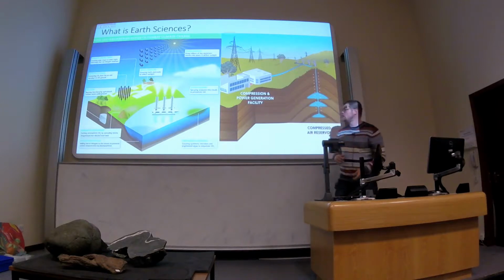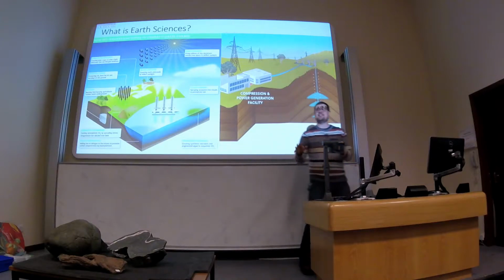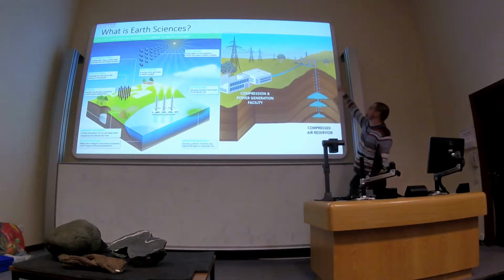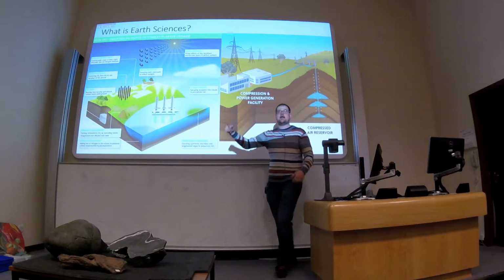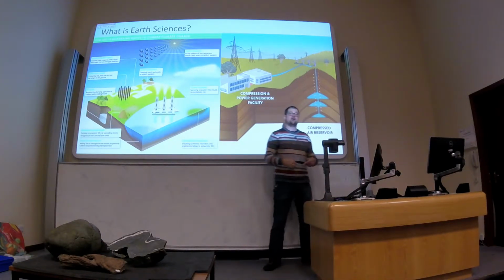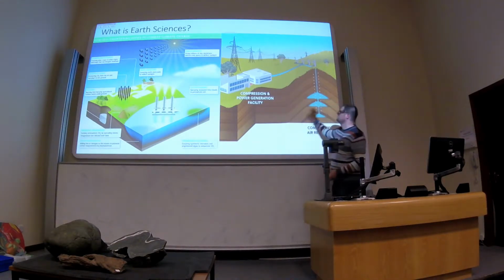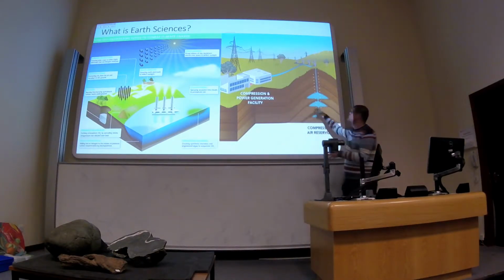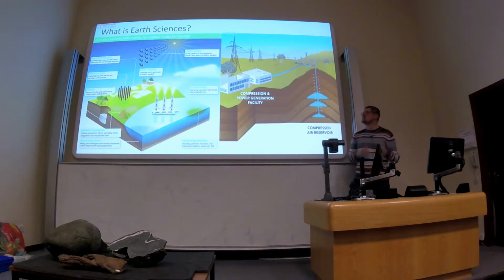So one of the solutions that we're looking at is to use the ground and compress air into it. It's a little bit like fracking, which you might have heard of. We just store compressed air in the ground, and then when the wind stops blowing, we let that air back out of the ground, and that compressed air can power a turbine, so we can get some of that energy back. So this is a geological solution to a renewable energy problem. And this has all kinds of problems with it in terms of how much of this stuff leaks out, and does it affect the groundwater, that make it an interesting earth sciences problem to solve.